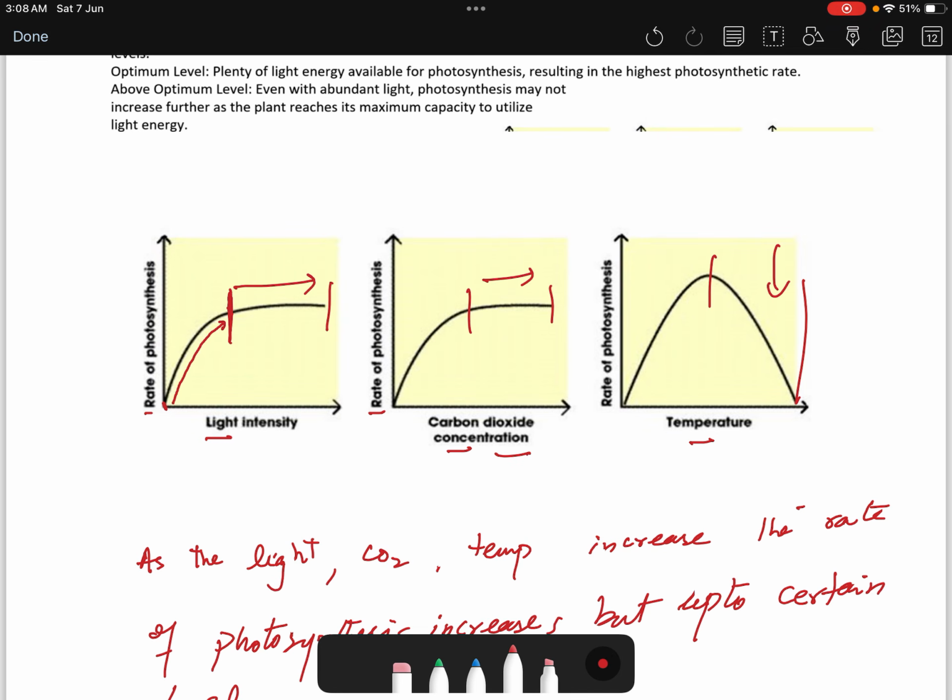Same goes for the CO2 and same goes for the temperature, and this peak is called the optimum value. Optimum value means optimum rate, and after that the rate decreases. Why does this rate decrease? Because enzymes denature. Okay,